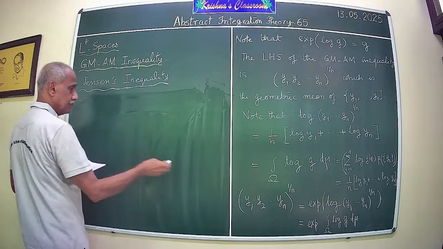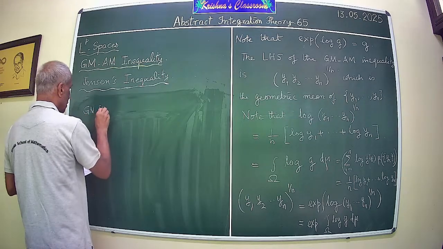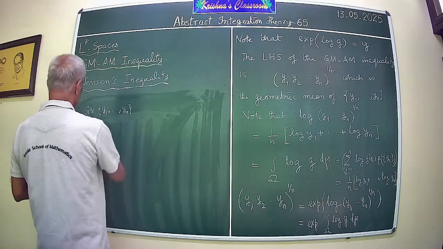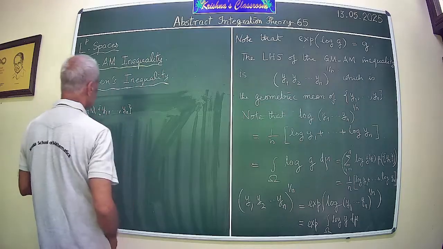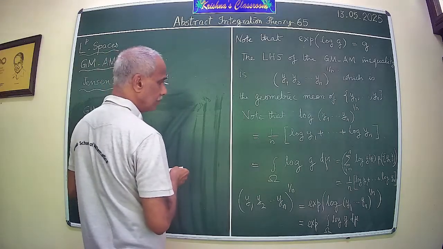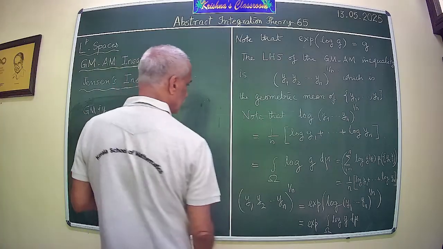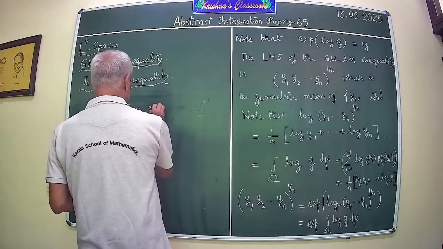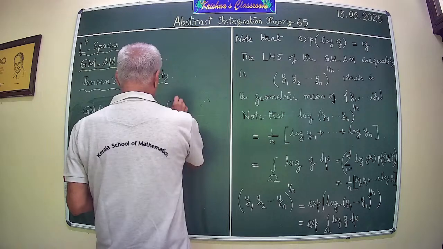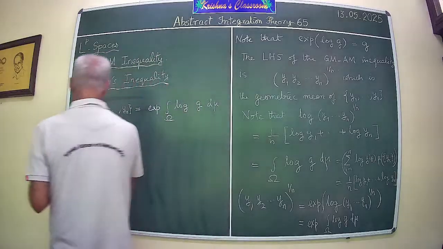The GM, therefore GM of, is equal to exponential of integral over omega log G. Now AM of